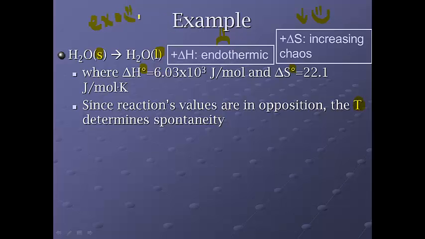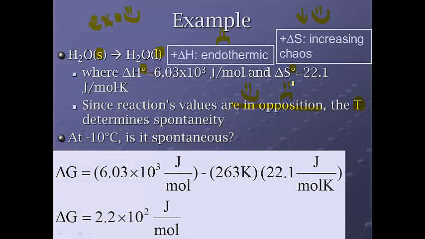Exothermic is what would make it automatic. If you have an exothermic reaction and a positive delta S, it's automatically going to be spontaneous. But we've got to do some math first to figure out if it's spontaneous. So since the reaction values are in opposition, that just means that one is yes and one is no. Temperature is going to determine spontaneity. So at negative 10 degrees Celsius, is it spontaneous? Okay, so here is our